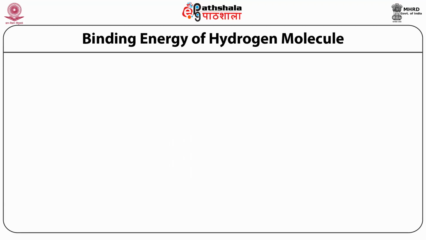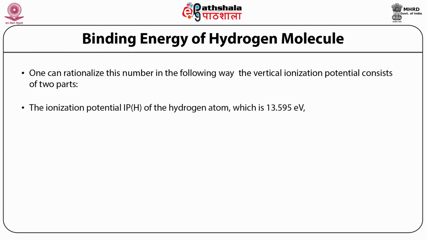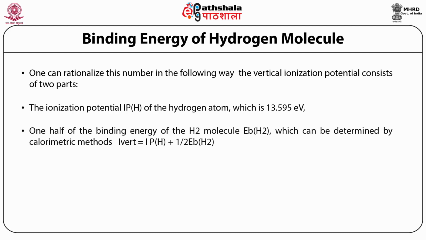One can rationalize this number in the following way. The vertical ionization potential consists of two parts. First, the ionization potential of the hydrogen atom, which is 13.595 electron volt, and number two, 1/2 of the binding energy of the hydrogen molecule,